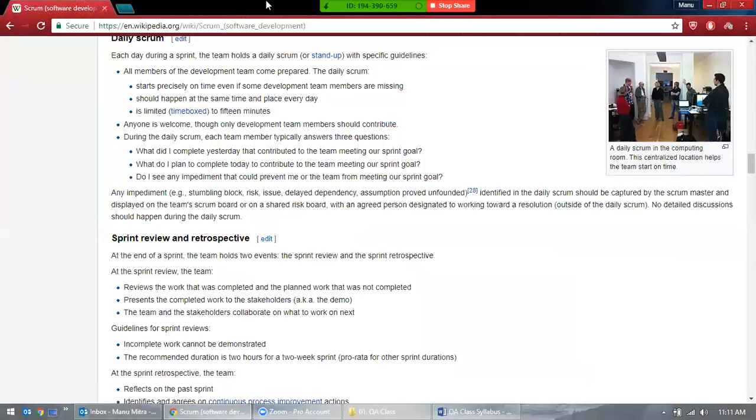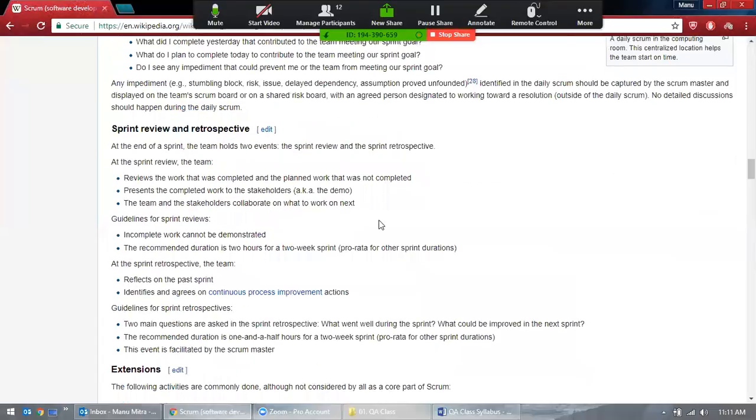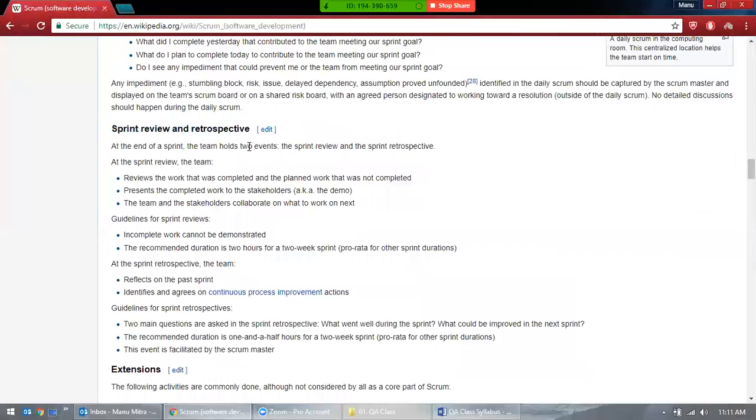Okay, let's go to the next one then: the sprint review and retrospective meeting. What they discuss here is, now this is the end of the sprint. End of the sprint, and they will